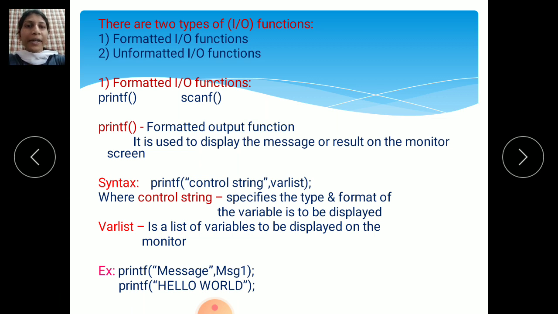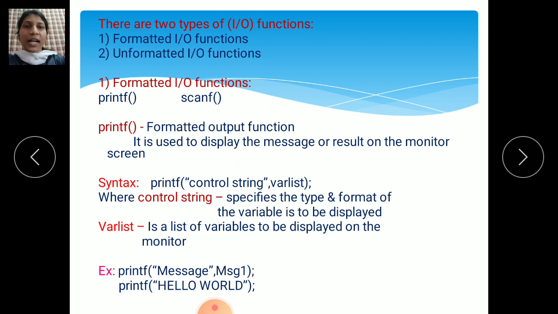See here, printf is the formatted output function. It is used to display a message or result on the monitor screen. If you want to display any message on the monitor screen, you can write that message in a printf statement, which means that message is printed on the monitor screen. If you give some information to the computer for processing, it will calculate the result.